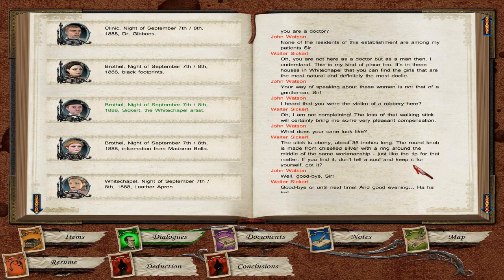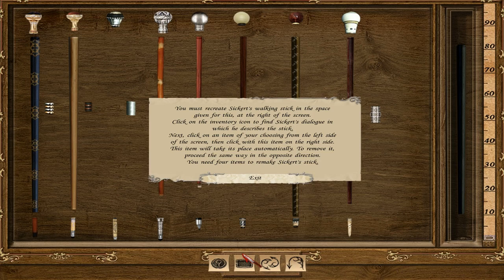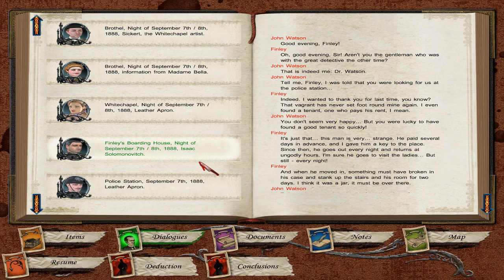Even about 35 inches long. All right. Are these inches or centimeters? Centimeters. So about